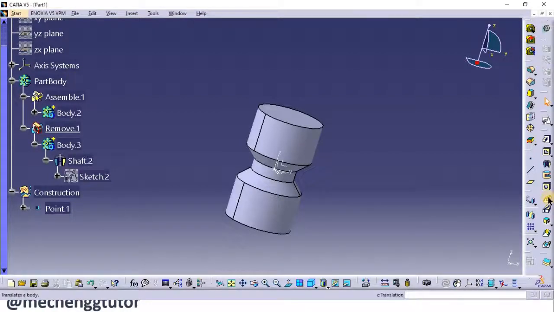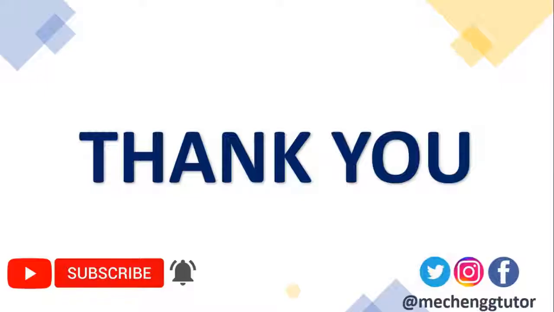In the next tutorial we shall focus on the rib and the slot command. So that's all friends for today. In this tutorial we have learned about the groove and shaft command, and also we have seen why the groove command is not preferred and the shaft command is used and Boolean operations are incorporated to perform the negative operations, because this final product has to be easily manufacturable and the tool design or the mold design software will not recognize the negative operations or the body with a negative sign.